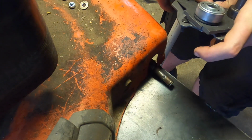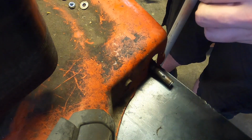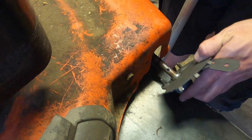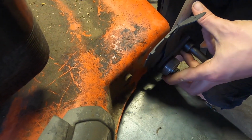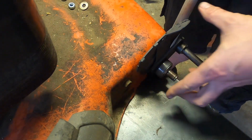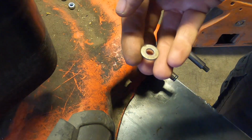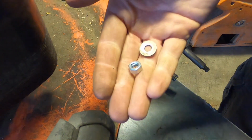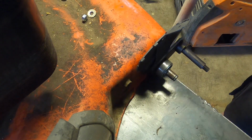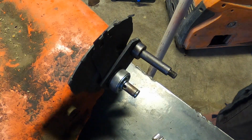So let's go ahead and put this where it should be, well, where the other one is. There we have it. So on the other end of those studs, I'm just going to put a washer and a nut, and then crank it down, and that should be enough to hold it. So I'm going to go ahead and do that. It's dark underneath, there are spiders. Yeah, you don't want to see that. Okay,